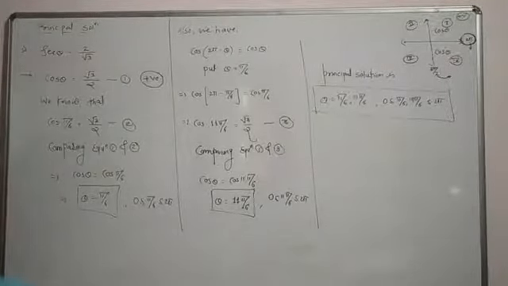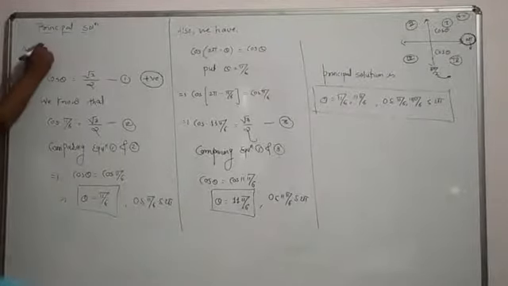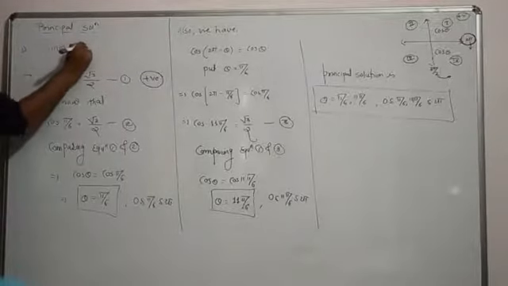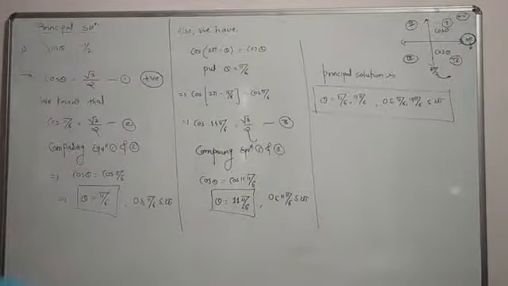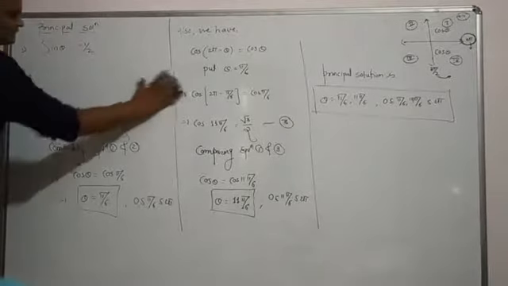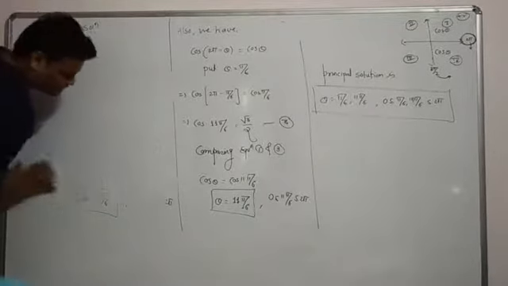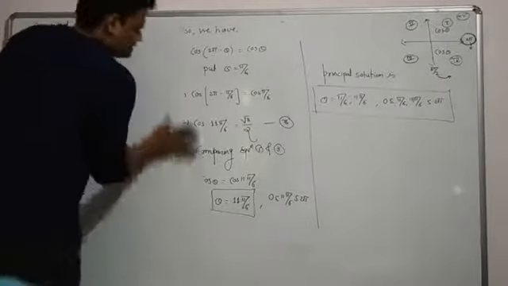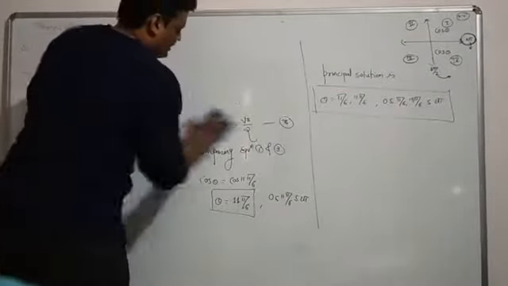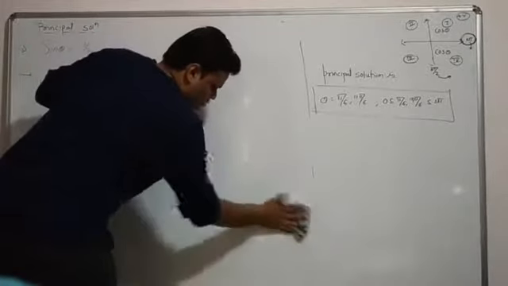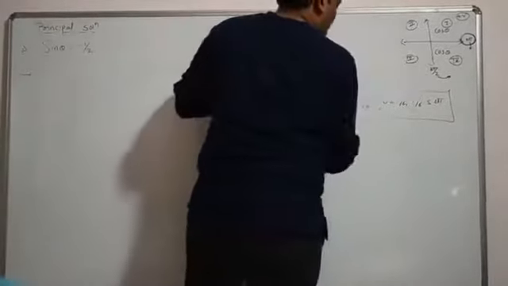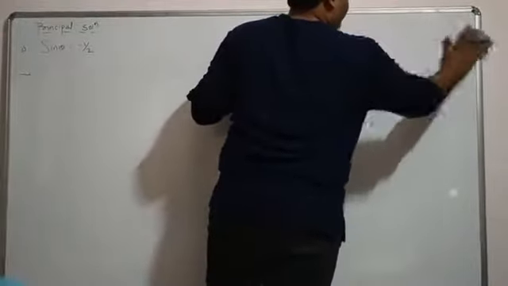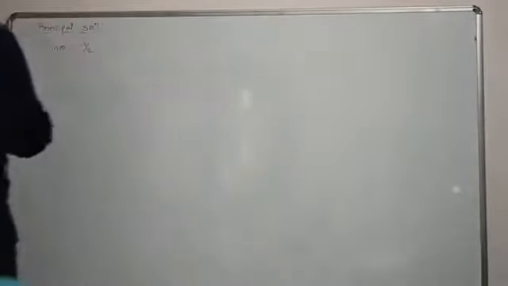Okay, now we will take one more. So I have the next example as sin theta is equal to minus 1 by 2. I am going to change the sign of the RHS. In the last examples we had RHS positive, but now in this example we have RHS negative. So how to find the principal solution if the RHS is negative? Just pay attention over here.